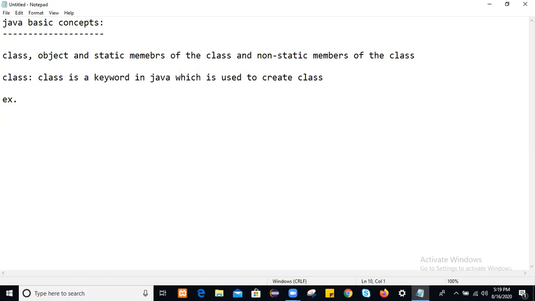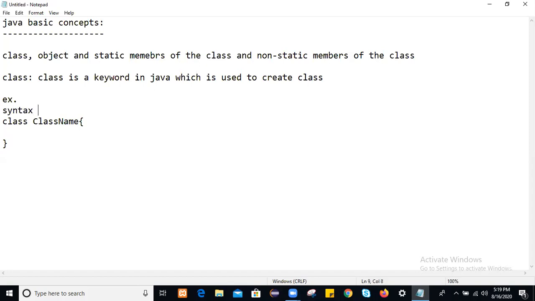Always we create a class by using the class keyword followed by the class name, with opening and closing curly brackets. You can take any class name here. This is the syntax to create a class.